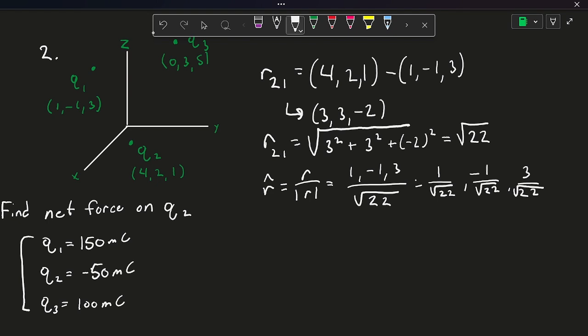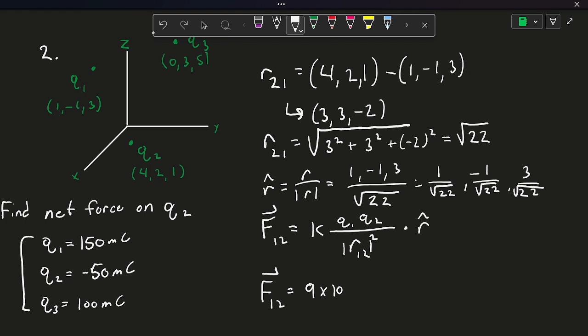Now we're ready to plug it in to Coulomb's law. So it's going to be F between 1, 2 is equal to K, which again is our constant, over Q1, Q2 times R12 squared. This is our magnitude, by the way. And then it's going to be times our r hat. So let's do that. F12 is equal to 9 times 10 to the 9th